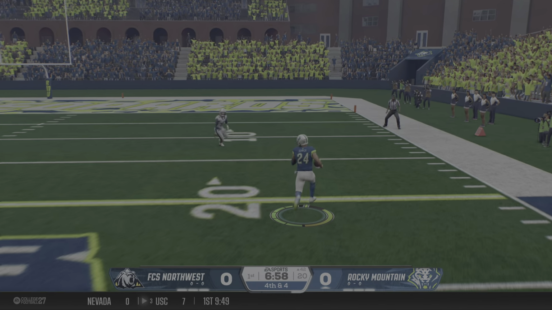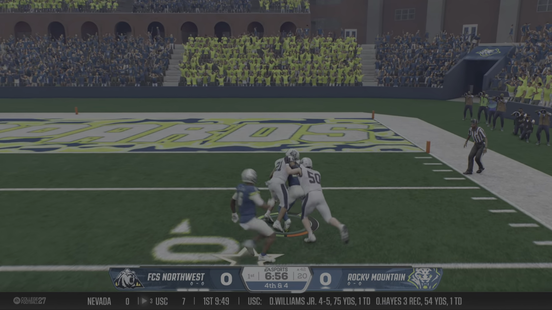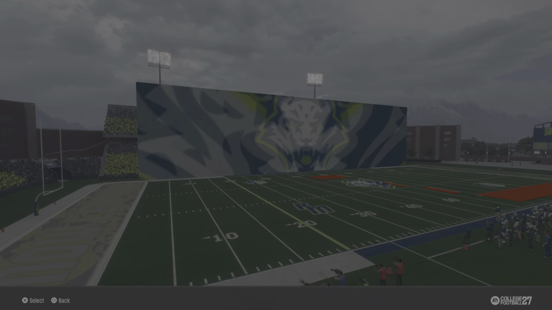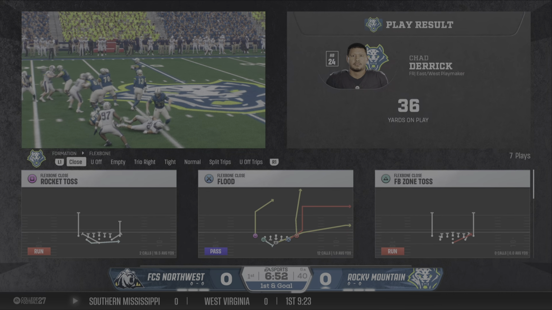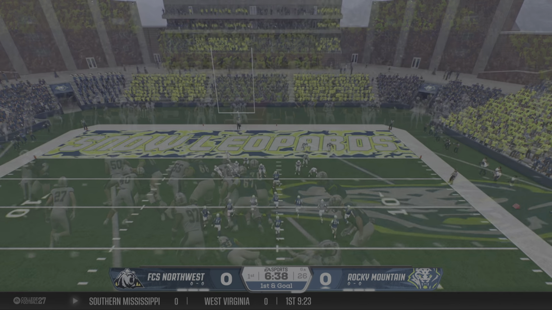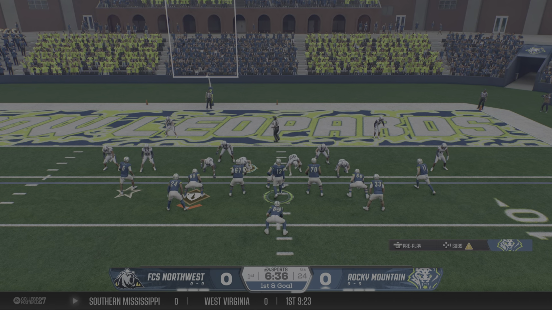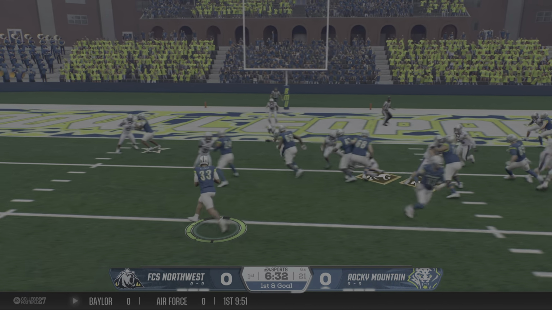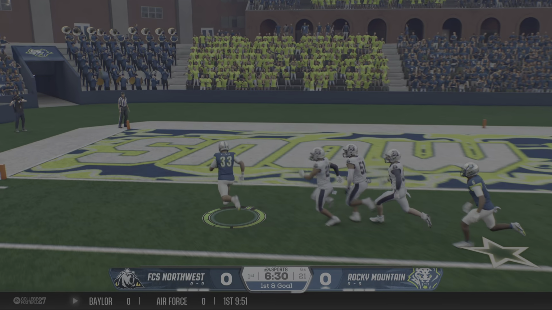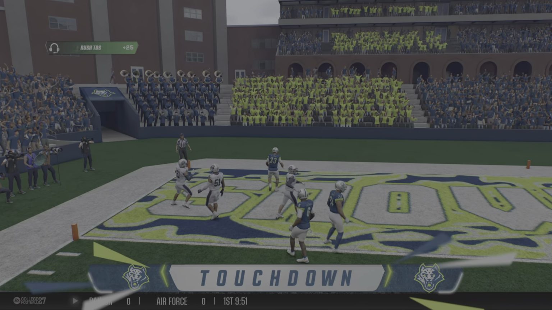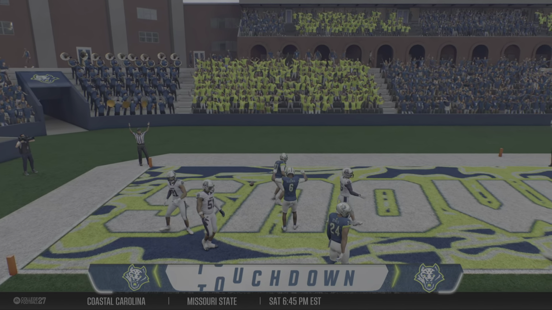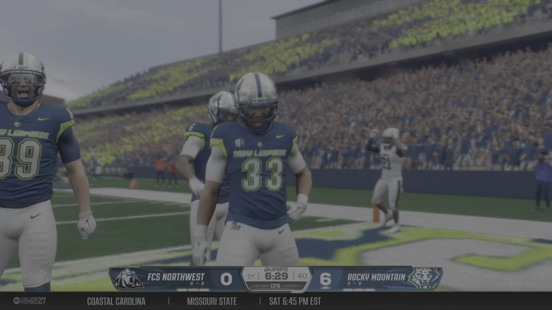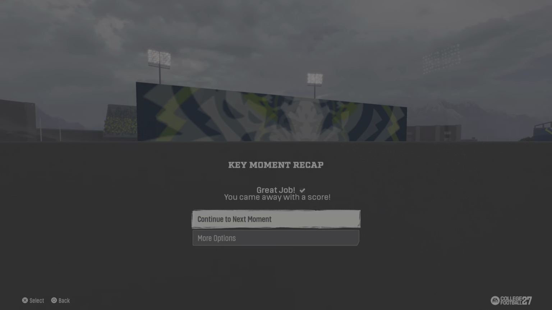They've got... Finding some room. Made a defender miss. He's brought down, but not before he picks up the first down. Drive alive. They ripped off a huge chunk, and now a little chunk is needed to pay it off. Looking for the end zone. And he's in. Touchdown, Leopards. Precision blocking up front created the open lane.